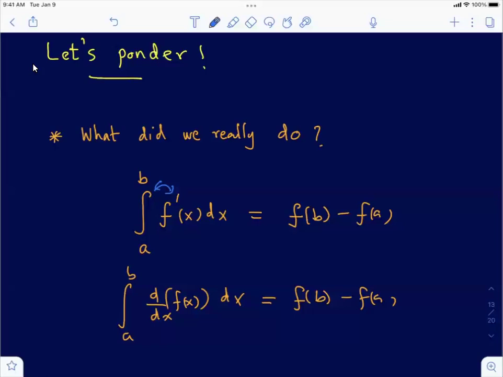So in simple words, when you have the derivative and the integral together, those two are mutually inverse to each other, but in this case, we considered a very specific order. First, we have the derivative, then we have the integral. We have the derivative inside and then the integral. Now, if you consider